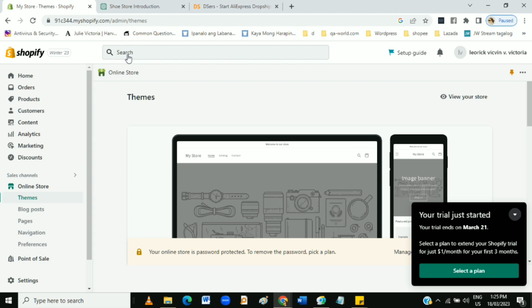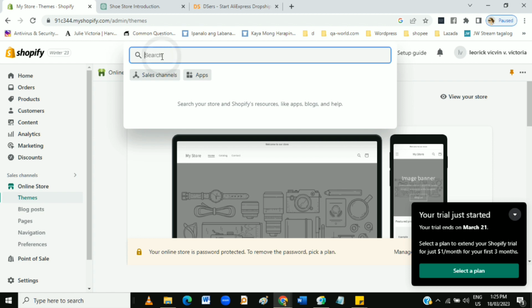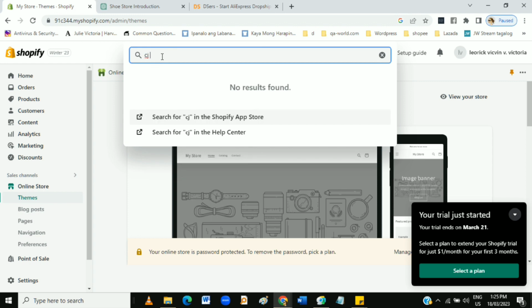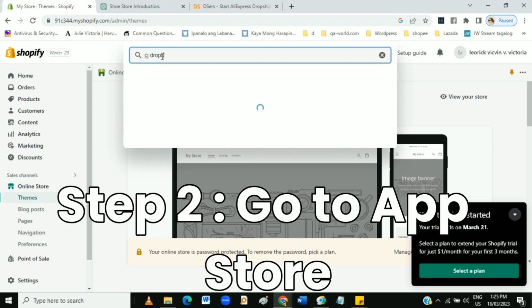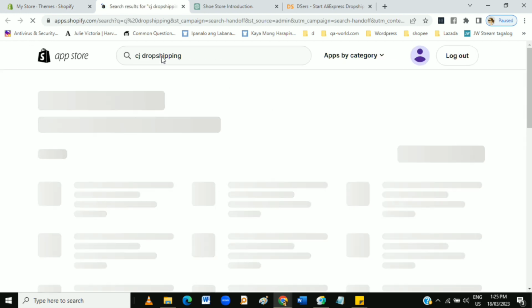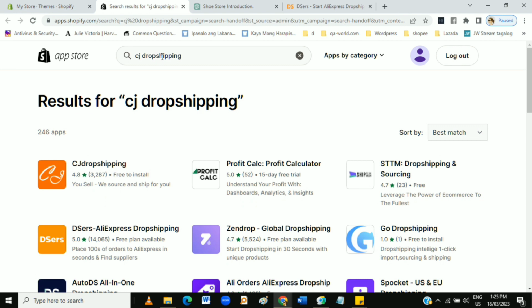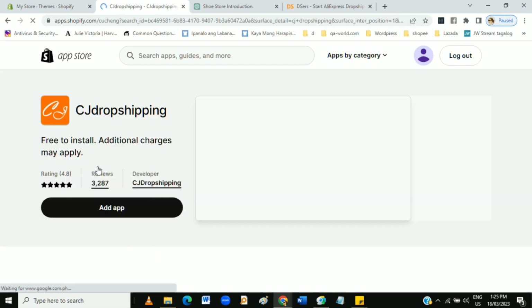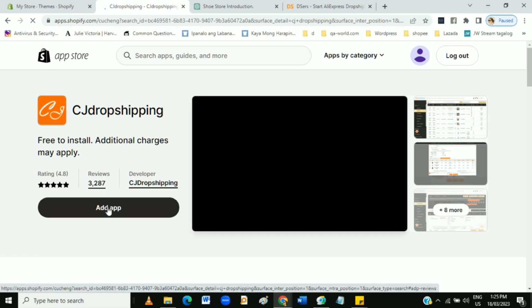Then after that, in the search bar, type CJ Dropshipping, then enter, and in the App Store, click CJ Dropshipping, then click Add App,